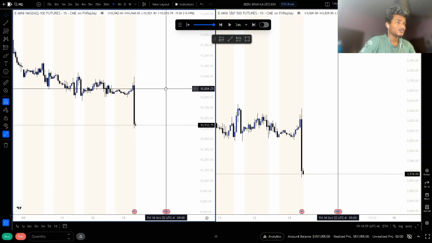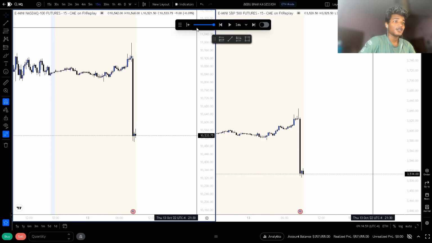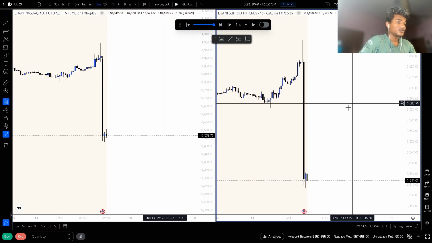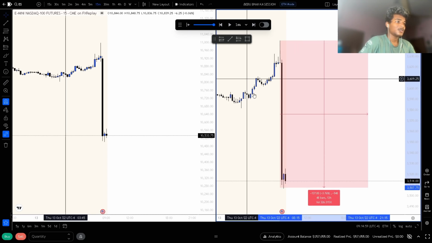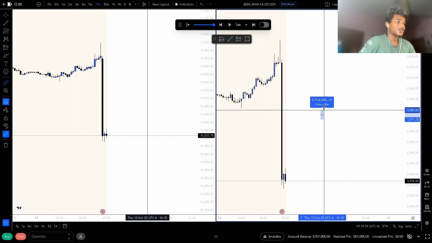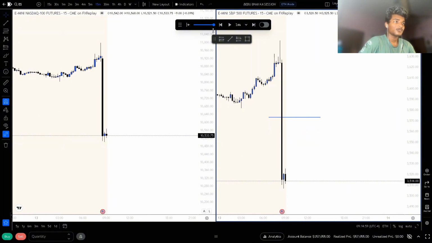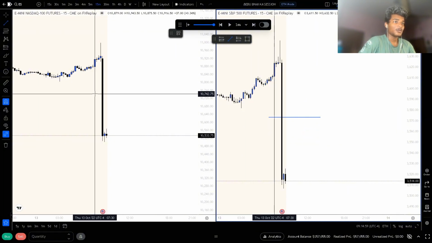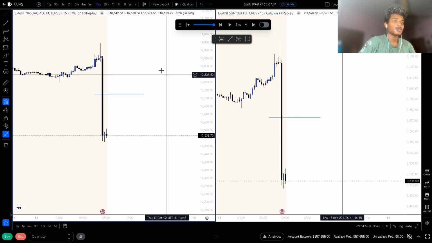In the 1 hour, nothing to actually see. 15 minute, I want a retrace till the equilibrium and then a continuation shot. Okay. So here is equilibrium. Its equilibrium is in this area. I do think that. Yes.